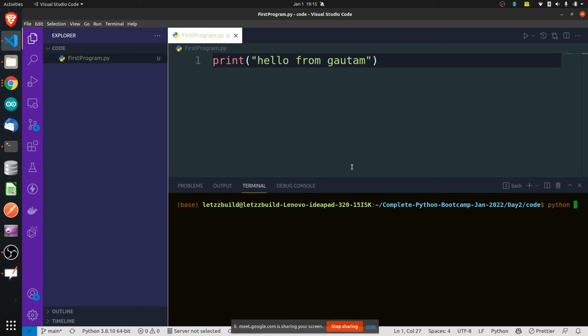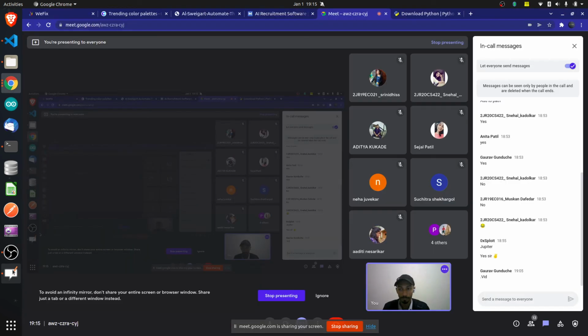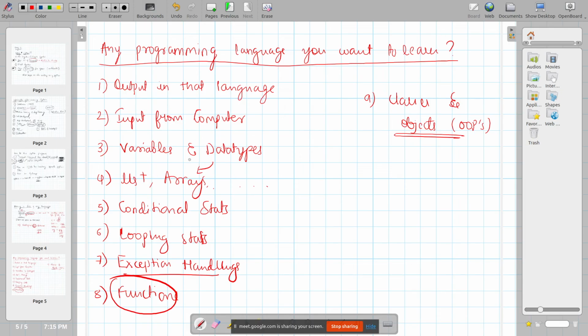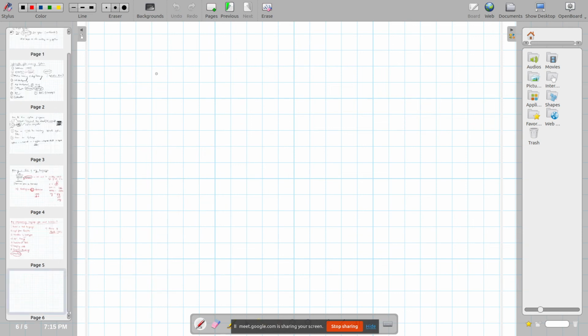So how do you run a Python file? The way we run a Python file is you should type this command. First type the word Python, and then write the file name, whichever file name you have given, with .py.